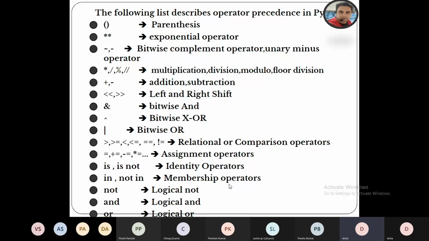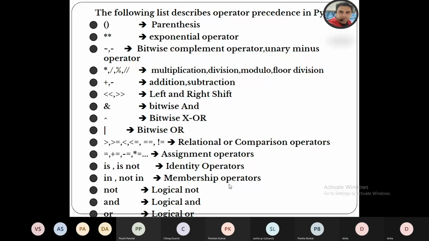One more thing, there is the exponentiation operator. If we have 3 or 4 exponentiation operators in our expression, then this will move from right to left.